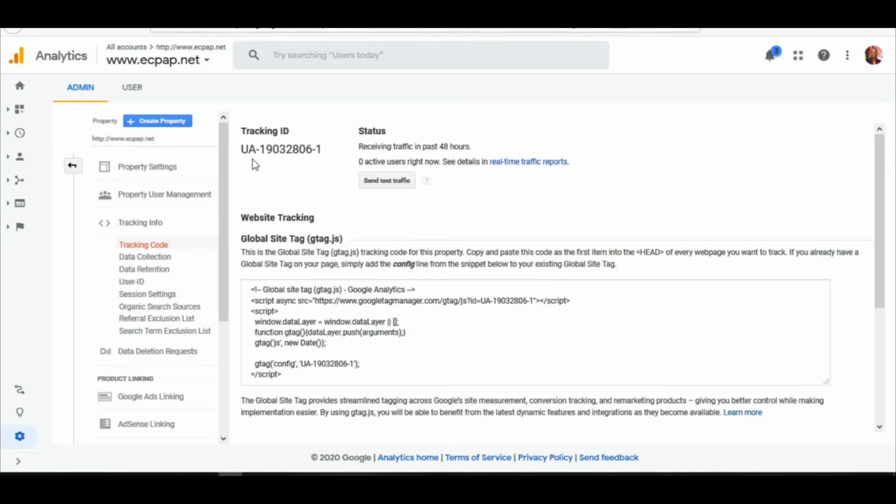Okay. This is the tracking ID that most applications, extensions, or plugins use. If you're using WordPress, there is a plugin. You could go to the plugin search and write Google Analytics, and then you will find a plugin that takes care of it. What I mostly recommend is to use Google Tag Manager. Maybe in some other video,